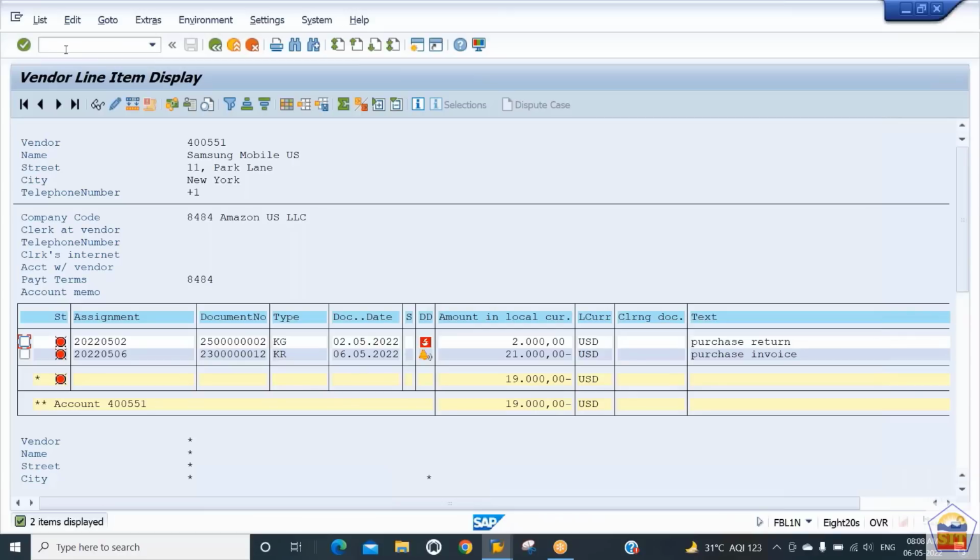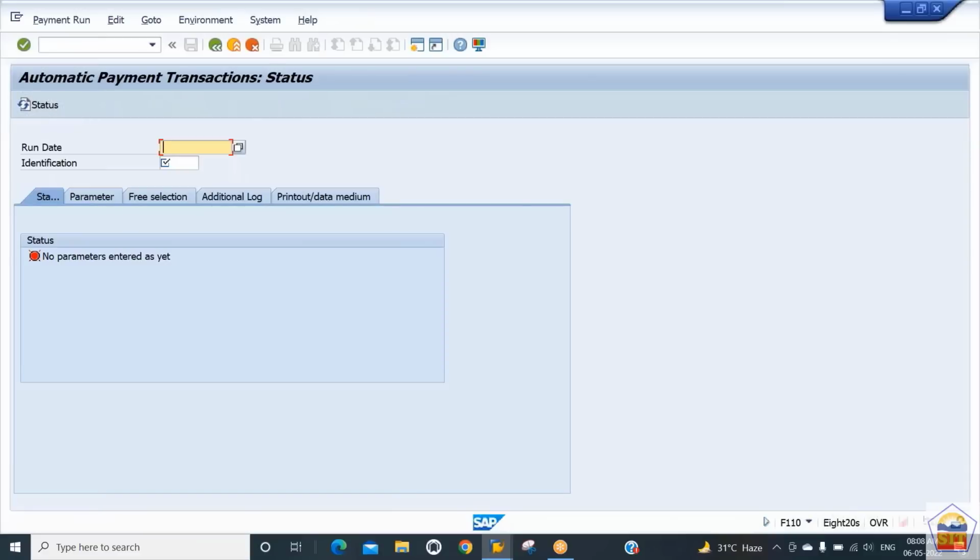So this is the invoice of 21,000. Now, if I go to the F110, you can also run this F110 by taking a reference of your existing or previous run. How? So let's have the date as today's date,